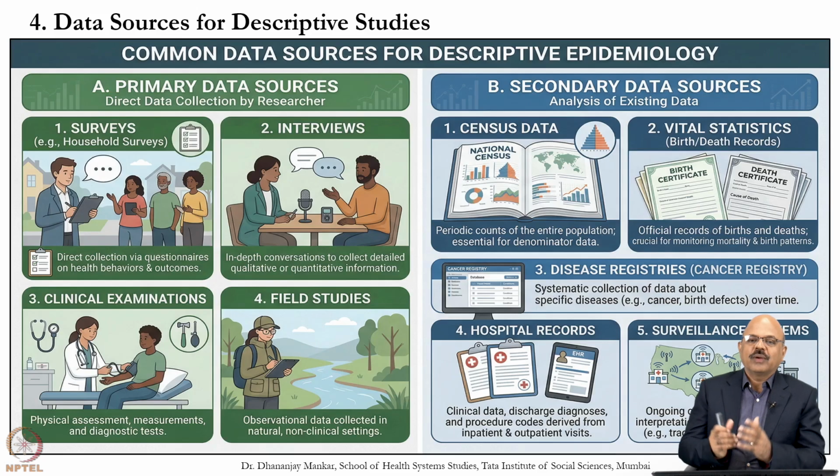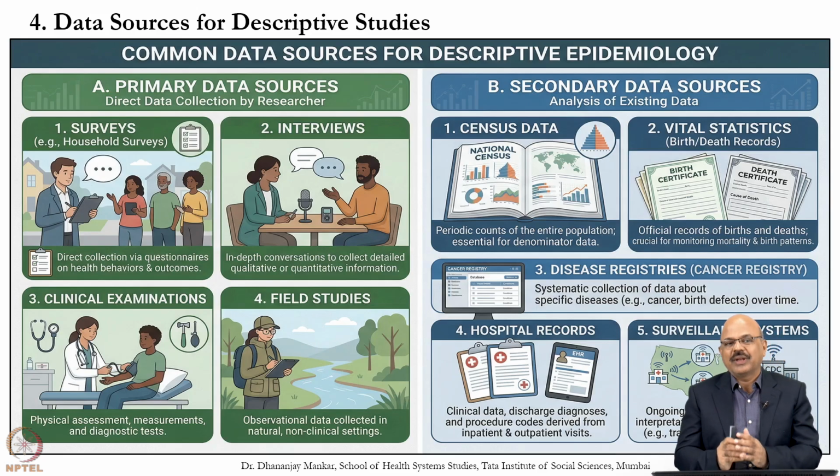Secondary data sources, as we have already identified, have a very important role in analyzing existing data, and there are a lot of sources, such as census data. The national census periodically counts the entire population, which is essential for the denominator. The denominator plays a very important role and is majorly given by the national census. Vital statistics, birth and death certificates, are the official records of births and deaths, which are crucial for monitoring mortality,